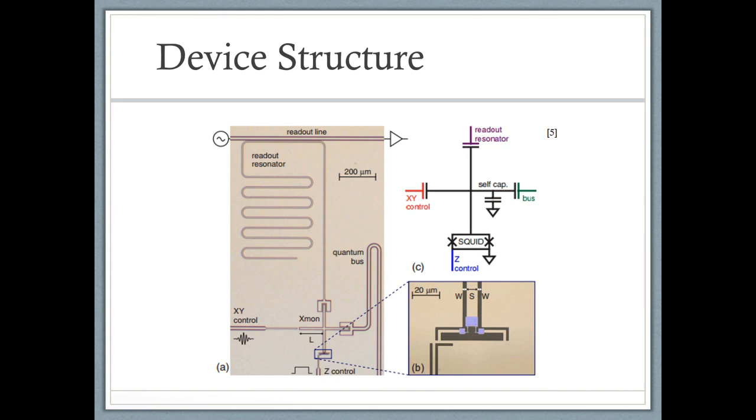On the left, you can see an XY control, and this line is used to excite the qubit. The right is a quantum resonator, which is used to mediate coupling with other qubits, and on the bottom is a Z control. The Z control is used to tune the qubit frequency. In the middle, there is a cross. The cross is a qubit capacitor, which connects at the bottom to the tunable Josephson junction, formed by the rectangular ring-shaped SQUID. The rectangular ring is intersected by 2 identically sized aluminum tunnel junctions, which you can see in the blue region.